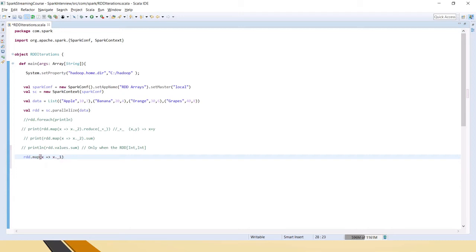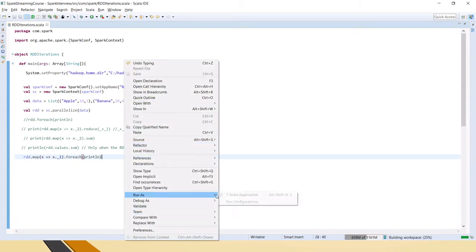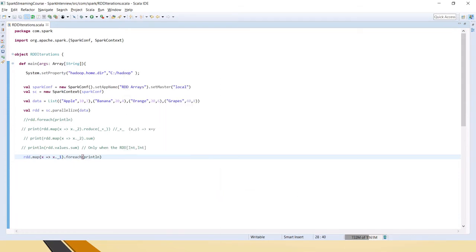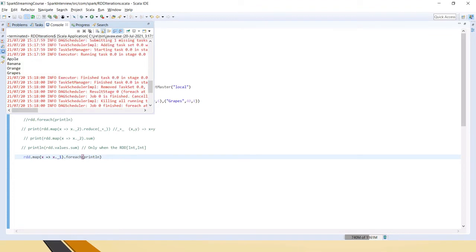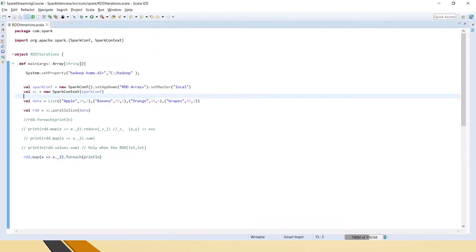Because the resultant after applying the map transformation also will be an RDD, we are using foreach of println. Direct print will not work on the RDDs, because it has to iterate over the elements in this list. So it has taken the first element in each of the lists: apple, banana, orange and grapes.